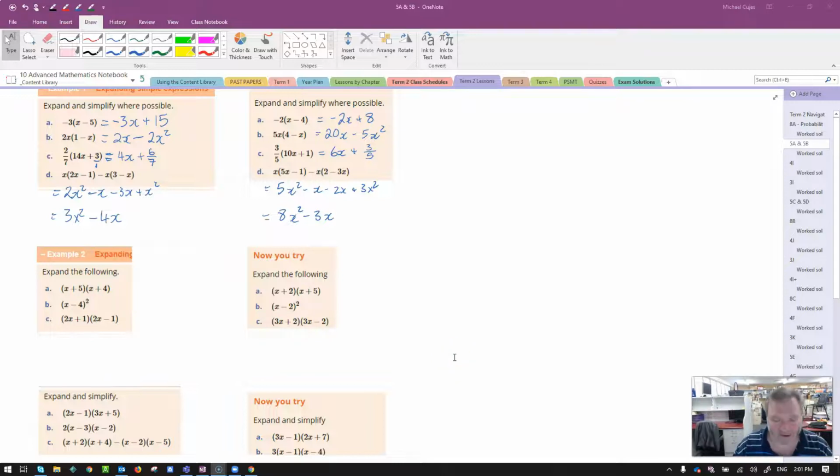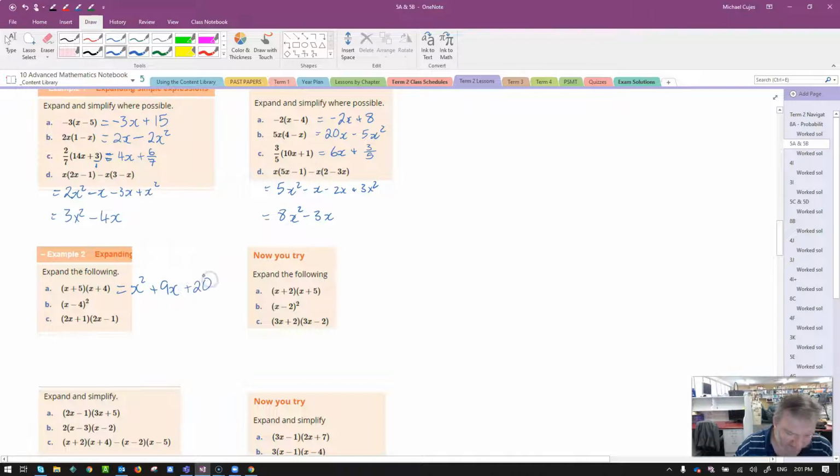I can do that grid that I showed you earlier, but let's just see how we would go. Eventually, you're expected to be able to do this. So x times x is going to give me x squared. What about the middle term, the x term? Well, I'm going to get 4 of them with the first x times a 4, another 5 with 5 times x. Altogether, that's going to be 9x. And then 5 times 4